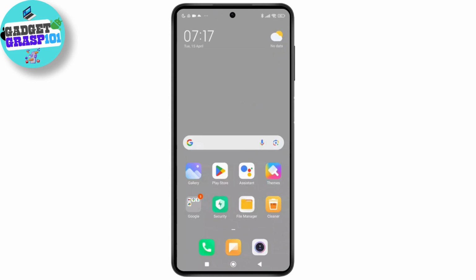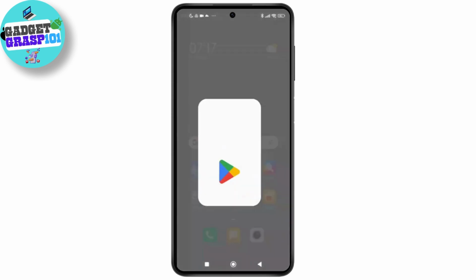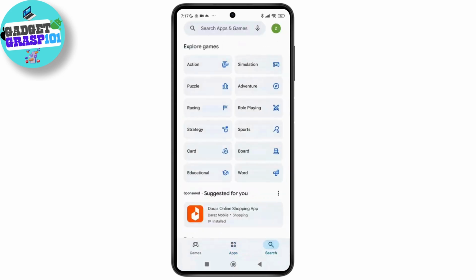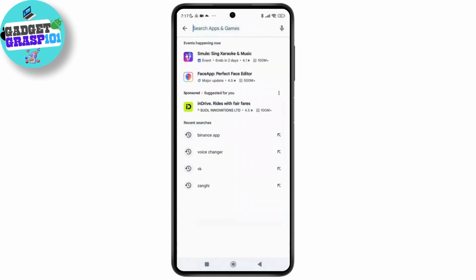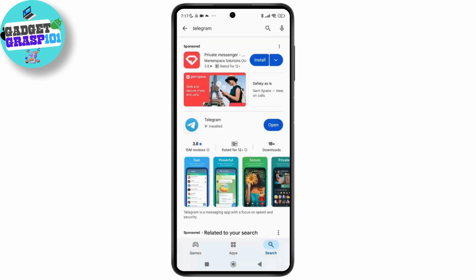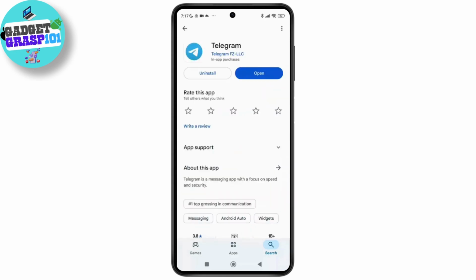So first things first, open the Play Store on your phone. And here, once you have opened it, simply tap on the search icon shown in the bottom right corner of the screen. And now here, once you are in the search section, simply tap on the search bar and search for Telegram. And now once you have searched for it, on the search result page, you'll see the option labeled as Telegram. So just tap on it, and here, as you can see, I have already installed the Telegram